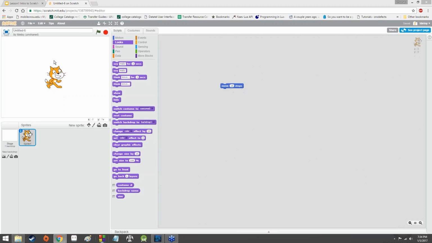And if you can't anticipate what size the cat is going to be by the end of the program, you might be better off using an absolute, like set size, which will change the size to 100 no matter what size it is. If it's already size 100, it'll just get changed to 100. No harm, no foul. Nobody can tell the difference. But it does ensure that we have consistency. On the other hand, change size, a relative one, is good for,